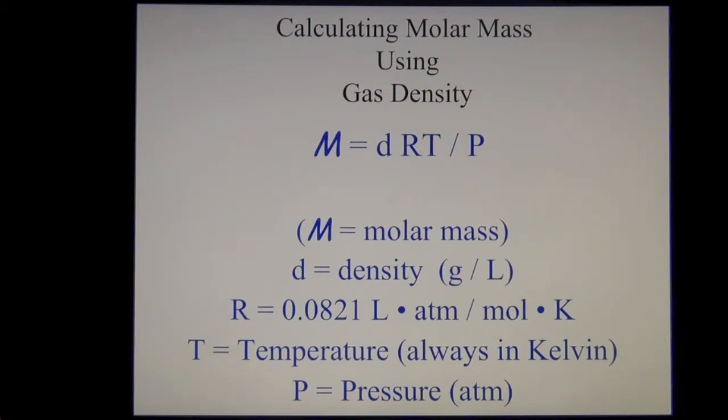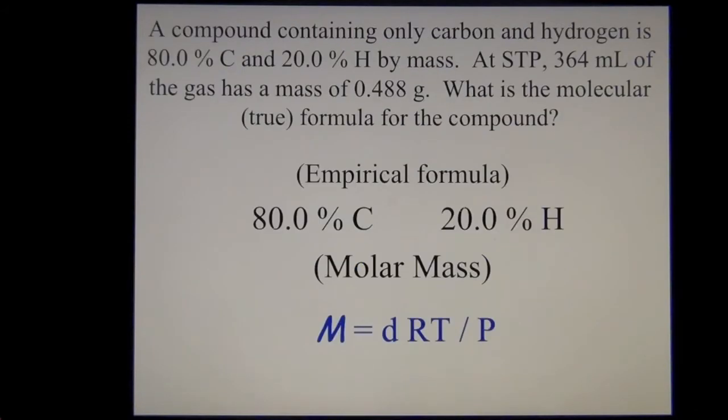Because we're using that R value, our pressure is going to have to be in atm, temperature will have to be in Kelvin, and when we calculate a density, it's going to need units of grams per liter. So if you need the molar mass of a gas, you can calculate it if you know the temperature and pressure of the gas and its density, if you know the mass and the volume of the gas that you're dealing with. So the type of problem that we're going to solve is we're going to try and determine a molecular